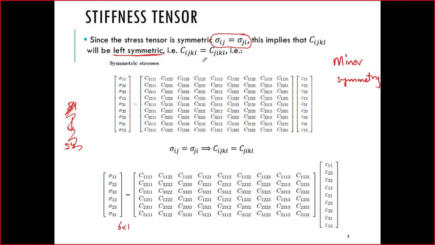क्योंकि वो जो दोनों जो सिग्मा वाले इंडिसेस हैं वो आपस में स्वैप हो रहे हैं. ऐसा नहीं हो रहा कि ये आई जे जो है वो स्ट्रेन वाले इंडिसेस से स्वैप हो जाएं. सो दैट्स व्हाई दिस इज माइनर सिमेट्री एंड लेफ्ट माइनर सिमेट्री. ठीक,